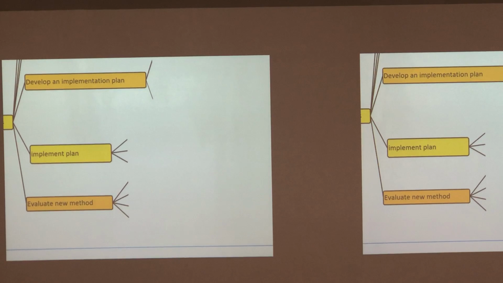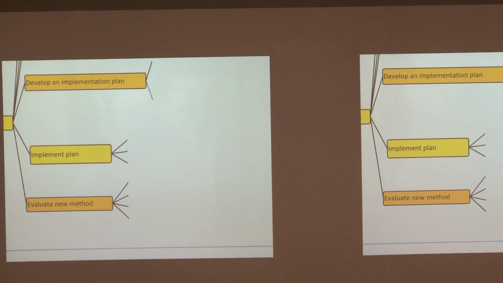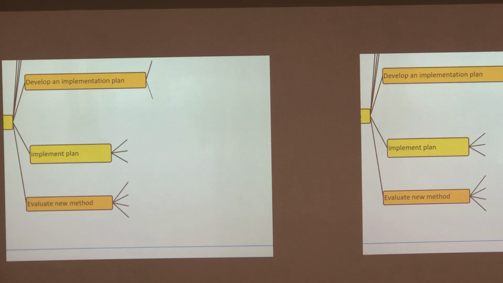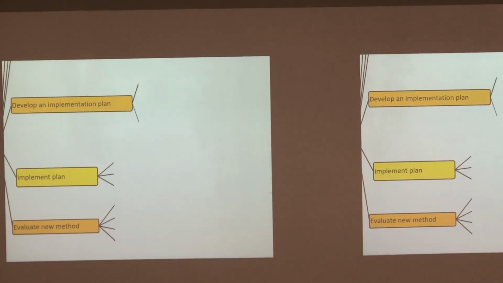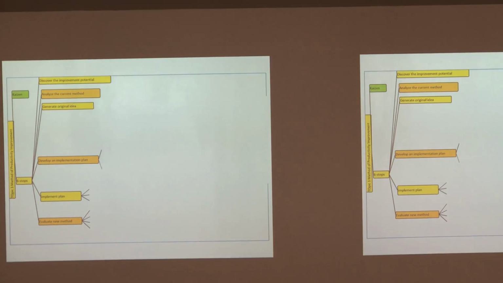Okay, there are another 3 steps we haven't covered yet. One is after you have an idea, based on the idea you choose, you make the plan. That is called revamp and implementation plan. And after you have a plan, you will implement the plan. Last one is evaluate the method. So under the plan development,